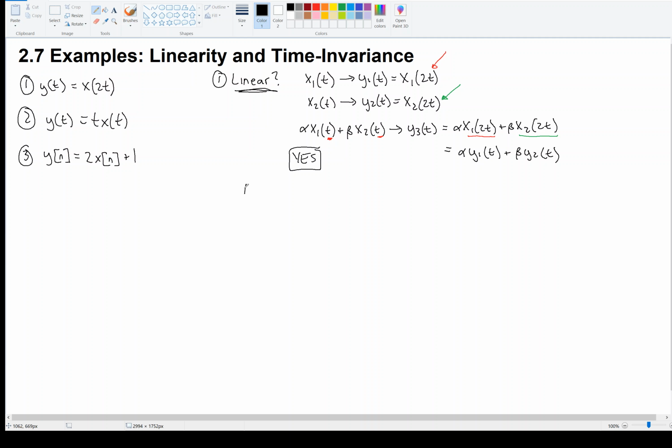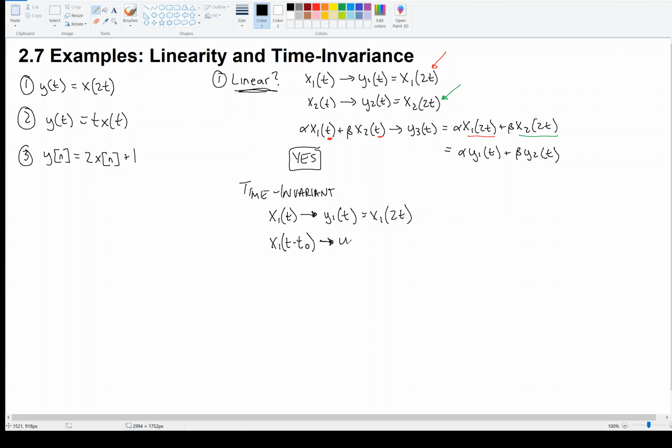Okay, now we ask the question, is system 1 time invariant? Okay, well, let's say I plug in a signal, x1 of t, and it produces y1 of t, which is x1 of 2t. Okay? Then I input x1 of t minus t0. So I shift it. What do I get out? Well, according to the system,